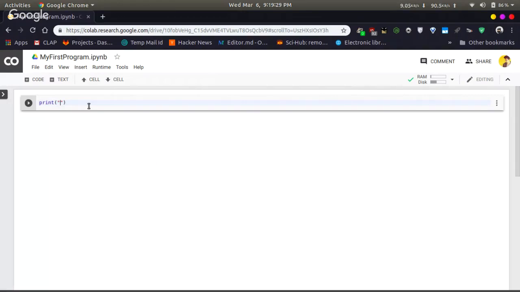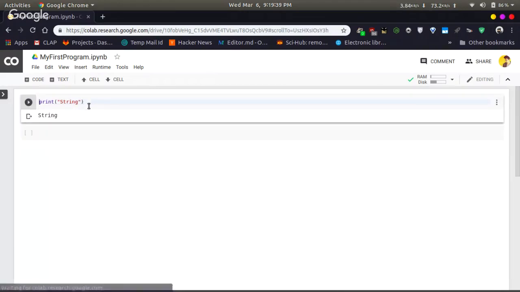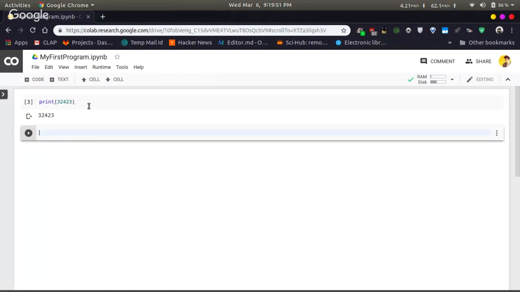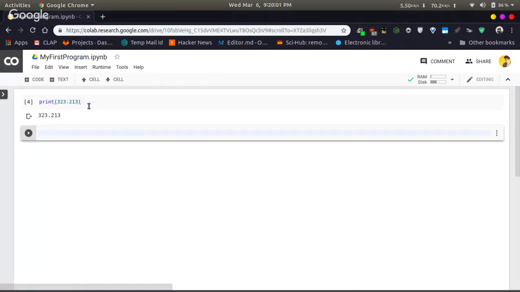If you want to print a string, you can type a string into the parenthesis and just execute it. You can see a string is printed. You can also print an integer, just like this. An integer can be printed. You can also use it for a float number, a fractional number, just like this.